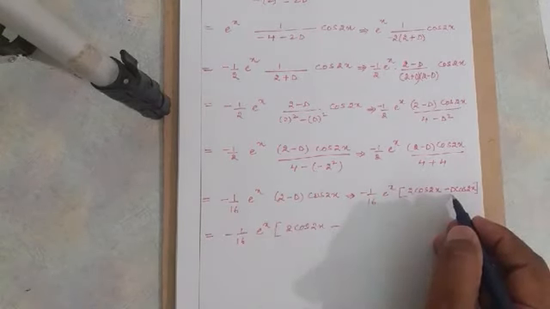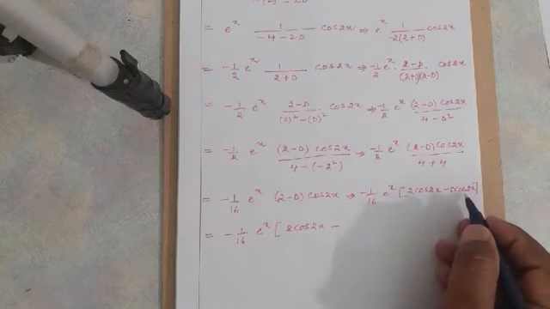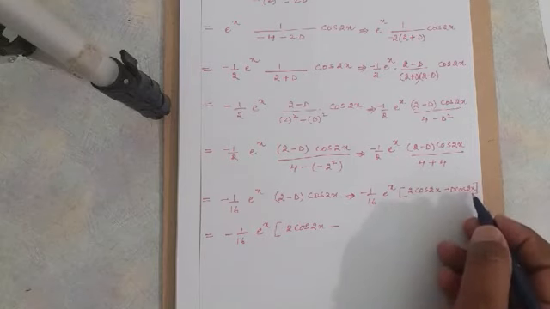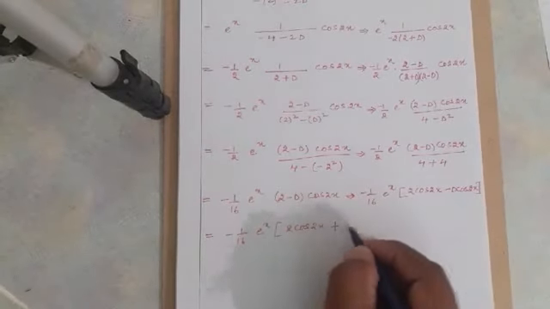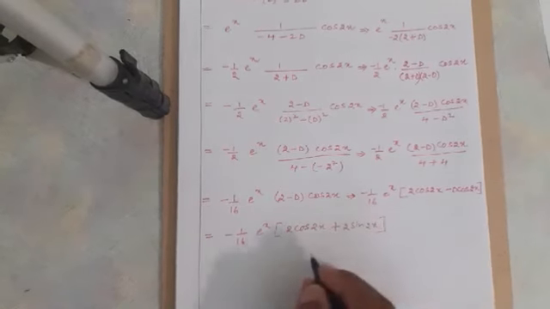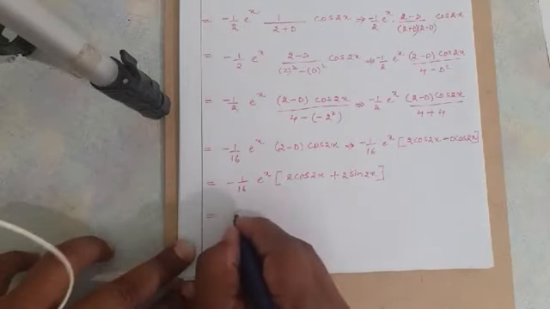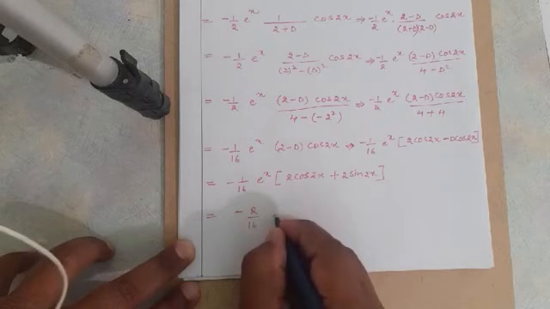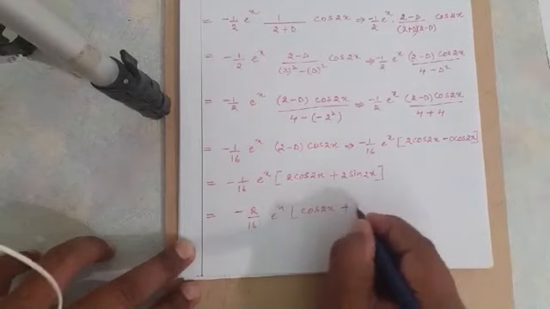here you can see we have capital D. Capital D is nothing but d by dx, small d by dx. So d by dx of cos 2x, when you differentiate cos, you get minus sine 2x. Again if you differentiate 2x, you get 2. So the result will be minus of minus, plus 2 sine 2x. So this is the particular integral we get. If you want, you can take common 2, so minus 2 by 16 e power x in bracket cos 2x plus sine 2x,